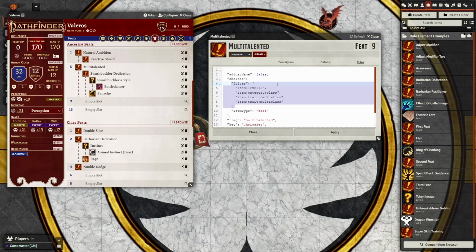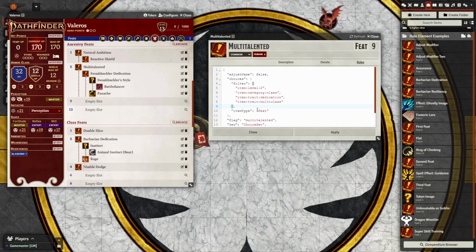So it would automatically include, if you, for example, bought a third-party product, like the upcoming Battle Zoo Eldamon book, when you drag and drop the multi-talented feat on there, it would automatically include Eldamon Trainer in the list because it finds it in the compendium, and it meets all these qualifying things for the filter. It meets every single one of those conditions, and so that dedication feat would show up. So really nice for homebrew,